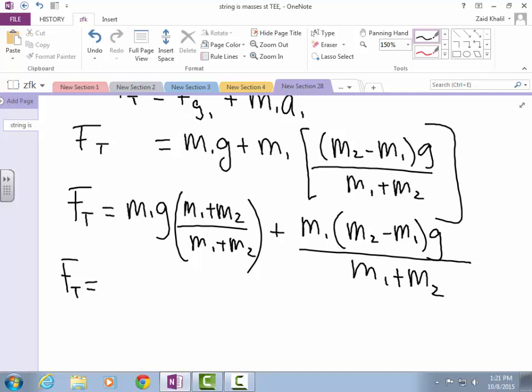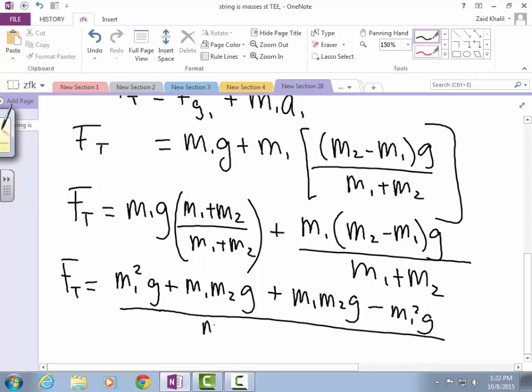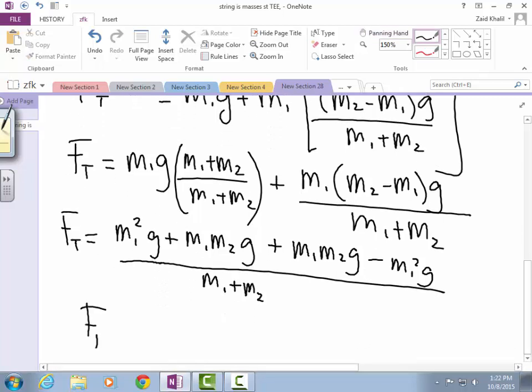Let's FOIL this. M1 squared G plus M1 M2G plus M1 M2G minus M1 squared G, all divided by the common denominator of M1 plus M2. So therefore, Ft is equal to